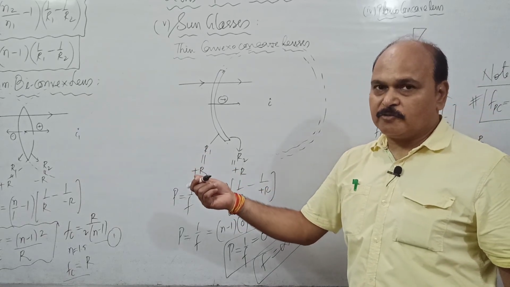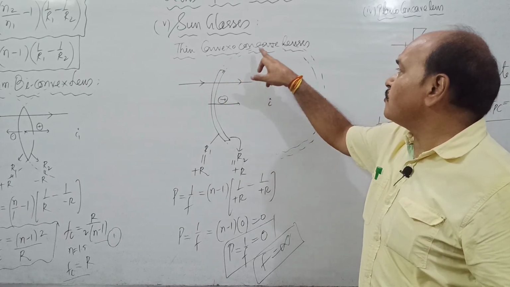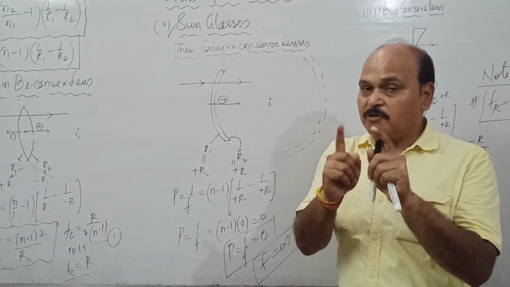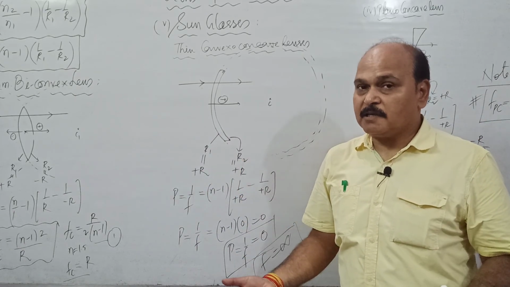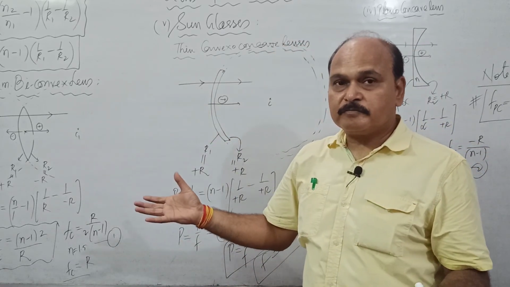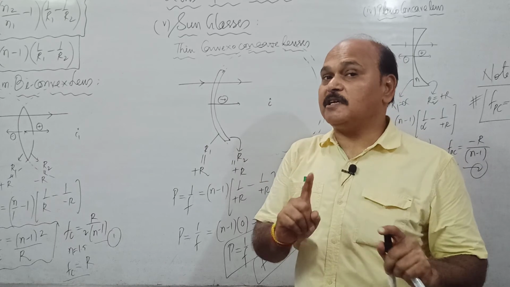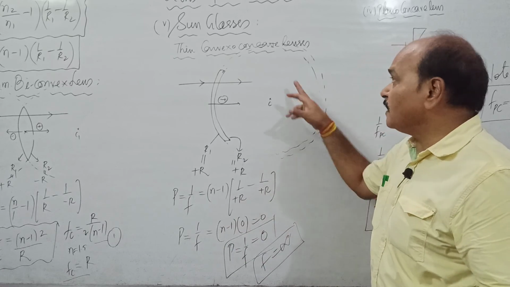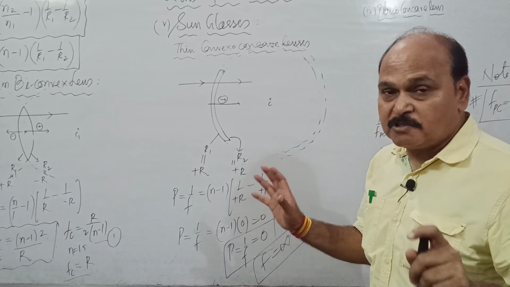So why do sunglasses have 0 power? Here is the answer. Sunglasses have 0 power because sunglasses are thin convexo-concave lenses, and for these lenses the radii of curvature are not only equal in magnitude, but also identical in sign. You have already seen in a symmetrical biconvex lens the radii of curvature have the same value. In a symmetrical biconcave lens, the radii of curvature have the same value, but their signs are not the same. But here, not only are the values the same, even the signs are the same. That is why the power of sunglasses comes out to be 0. I hope this is clear to each one of you.